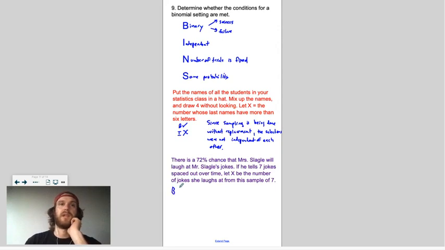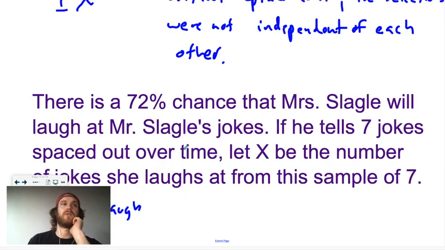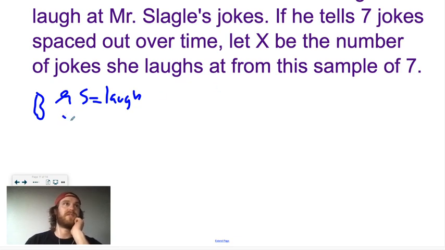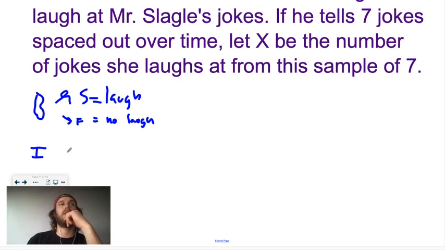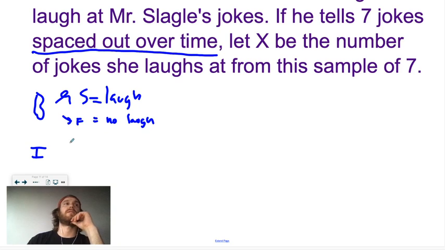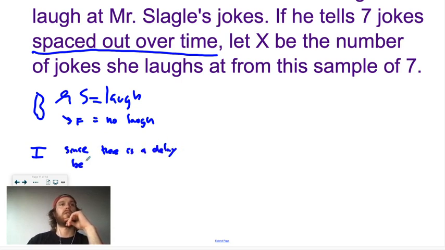Binary response. A success looks like a laugh. I'm going to zoom in and go down. We're going to check bin. Success looks like a laugh. A failure looks like a stern glare. That's no laugh. Okay, are they independent of each other? If I'm cracking jokes left and right, and I get the first one to work, she might be more likely to laugh on the second one. But because I said these jokes are spaced out over time, I think you can assume that they're independent of each other. So you say since there is a delay between jokes,